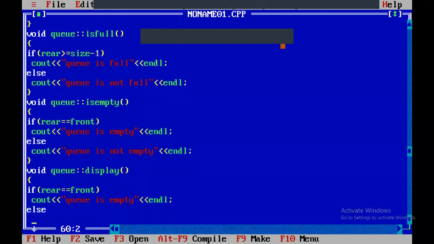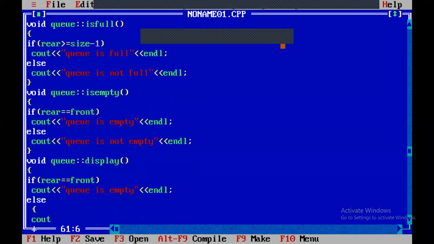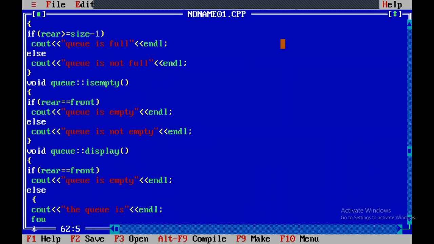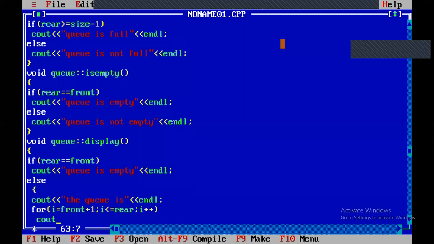Else, cout the queue is, for i equal to front plus 1, i less than or equal to rear, i++, cout Q of i.